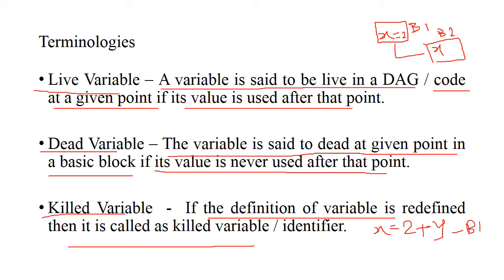Now once the control flows from the block number B1 to the block number B3, in the block number B3 to the X, basically we have assigned the value of the Z. So the definition of the variable X is here changed. The value of the X is here again redefined. So in the B1, once this value is calculated, it is killed, and in the block B3 it is used as newly. So these are the terminologies. All of you please remember, because we require these terminologies as we go on to learn data flow analysis and control flow graph. Okay.